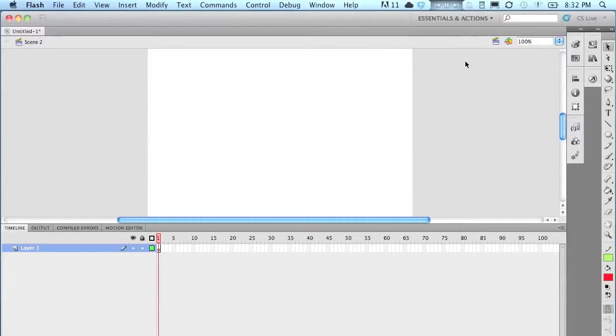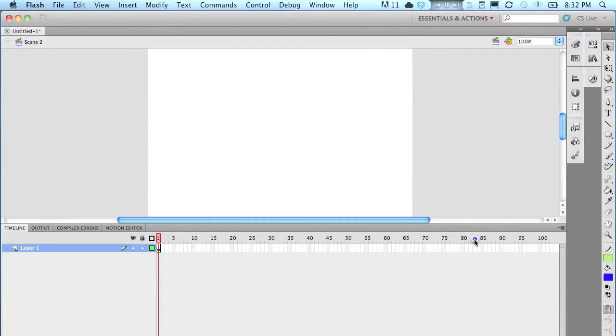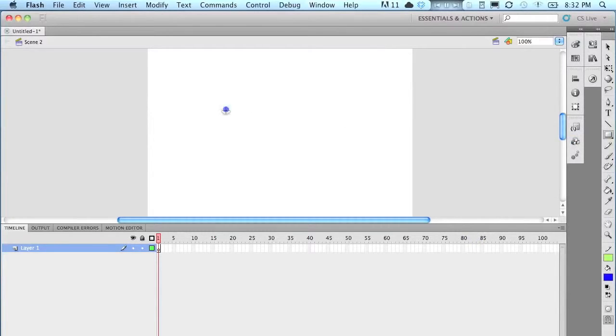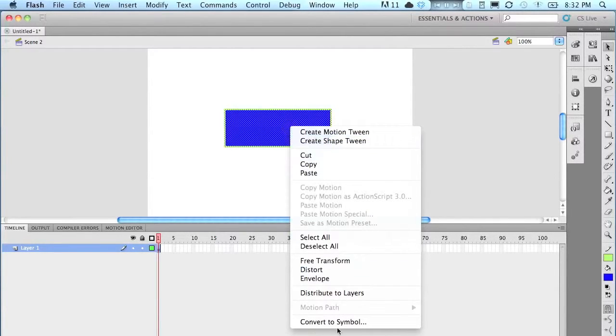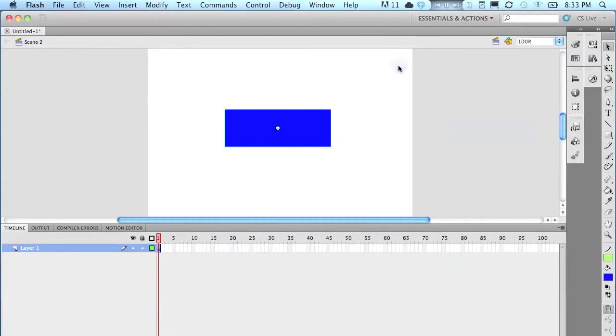So everything is okay. Now I'm here in Scene 2. I'm going to make another shape, and this time I'll make it a rectangle just to make it different so we know when we switch. And there it is. I'm going to do the same thing again. I'm going to convert it to a symbol and make sure that it is a button. Okay, so right click, convert to symbol. There it is. Now that both of my symbols are buttons,